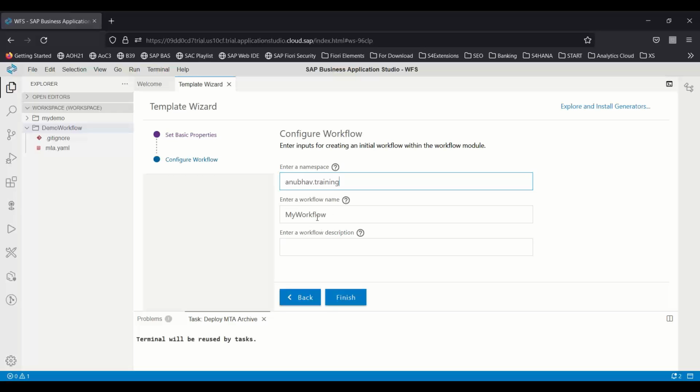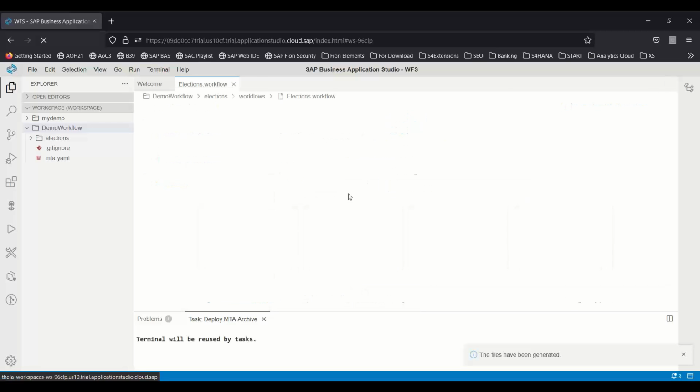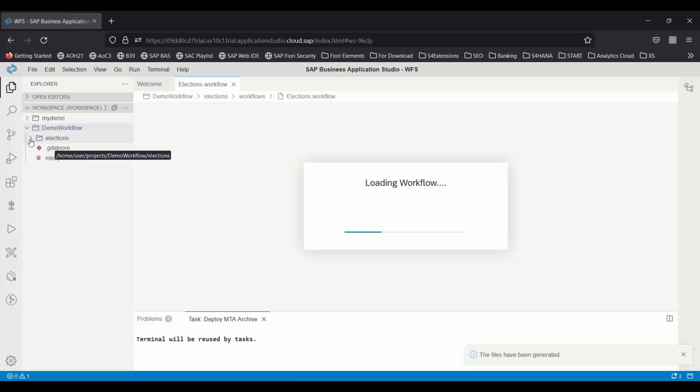And then I will put here the workflow name. So we can keep it as elections. And you can say workflow to fetch vote count. I click on finish. And now you can see it created a folder elections with also a default workflow called